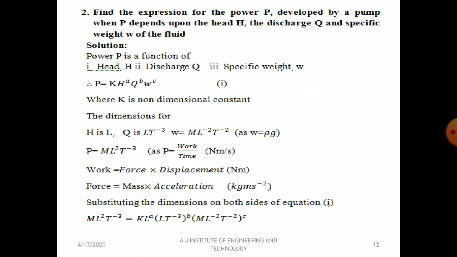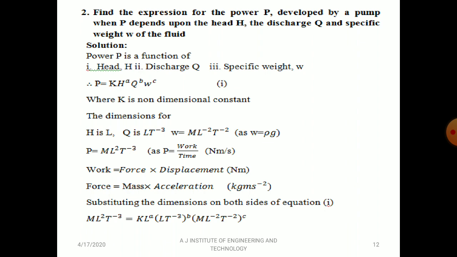Next, let's go for the second problem. Find the expression for power P developed by a pump when P depends upon head h, discharge q, and specific weight W of the fluid. So here they told us to find the expression for power. So power is a dependent parameter, whereas the remaining, that is head, discharge, and specific weight, are independent parameters or variables. So we can write the expression as P equal to function of h comma q comma w, or we can